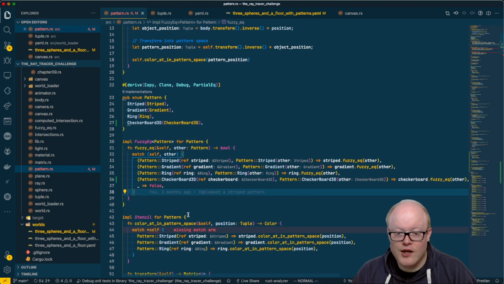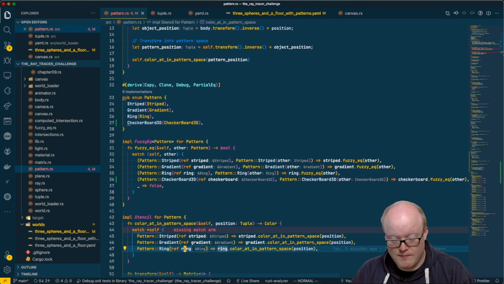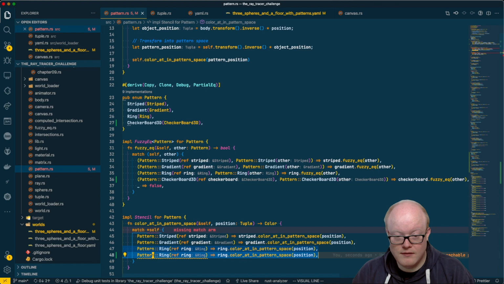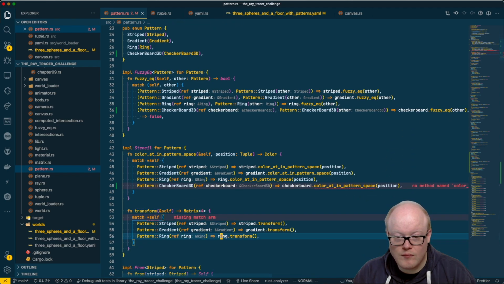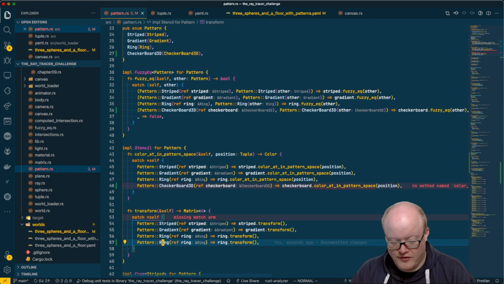And there we go. And then we need of course a match here, and we will replace this. Come on. We'll replace this as well, and we will call this Checkerboard as well. The transformation of course needs to be dispatched as well, and this will be